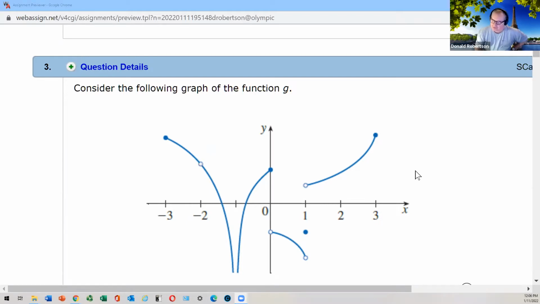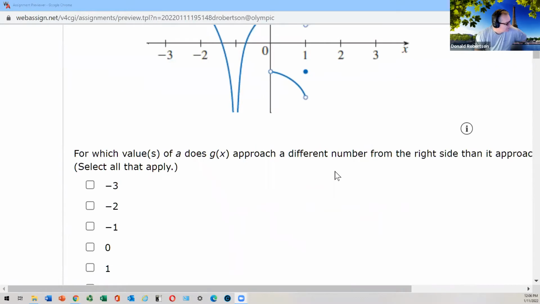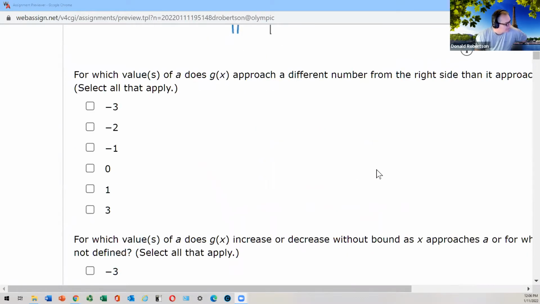Do you remember my little story about traveling from left to right, and if you get killed, it's discontinuous? Remember a way of phrasing that? So if you were doing x equals 0, can you see as you travel from left to right, you'd get killed because you'd fall off the edge? And if you were at x equals 1, wouldn't you just fall off the edge and die? And the vertical asymptote, wouldn't you fall through a hole in the ground and get killed at the center of the earth? So I think that's a good, simple way to do that.